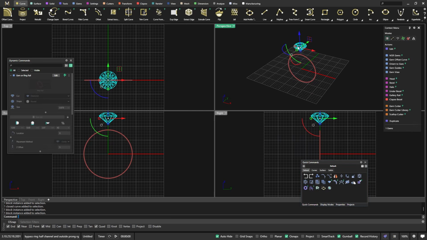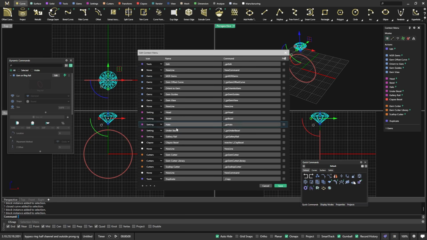Now let's select our gem, and we have our gem guides here, and you can see this one's pretty much set up pretty good, except we have Clayu bezel here. If I'm going to use Clayu, I can just go to the Clayu menu. So I'm going to go ahead and click on this one at this point to find my Clayu. It's probably listed. It's not even listed as Clayu. Yeah, it is right here. Clayu bezel. So I'm going to select on that, and I'm going to delete that. I don't really need that, and I have a none right there. So I have my space. I'm going to hit save,